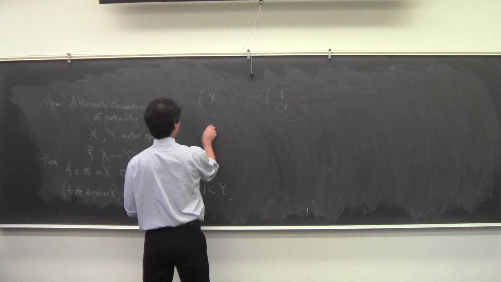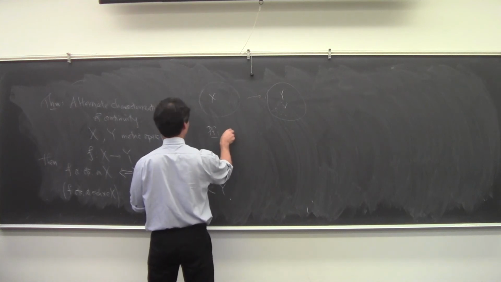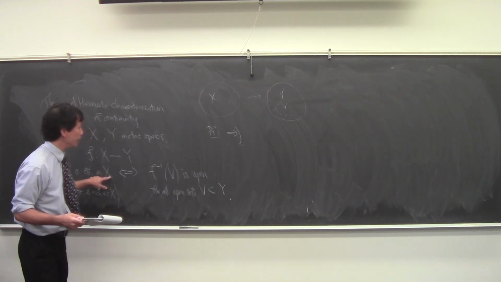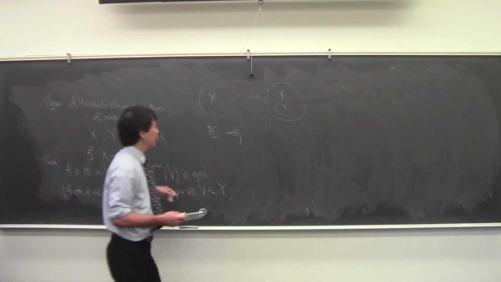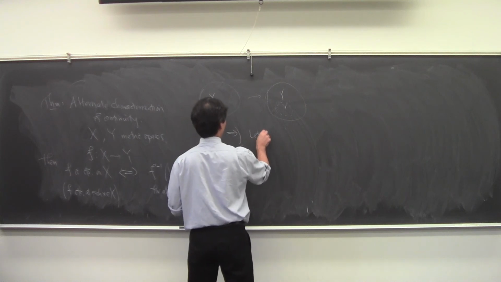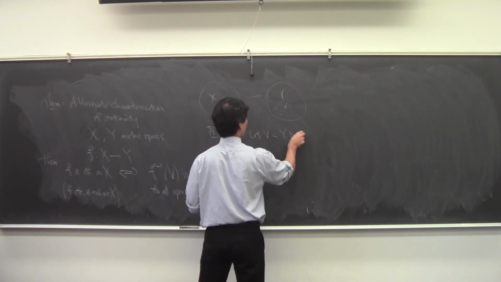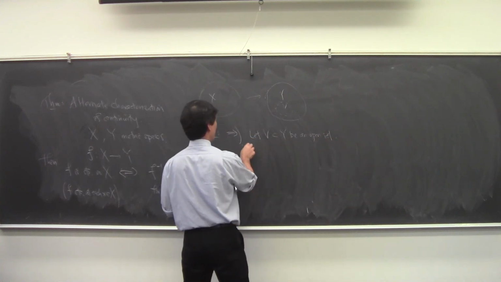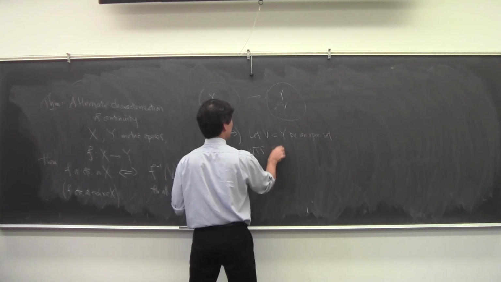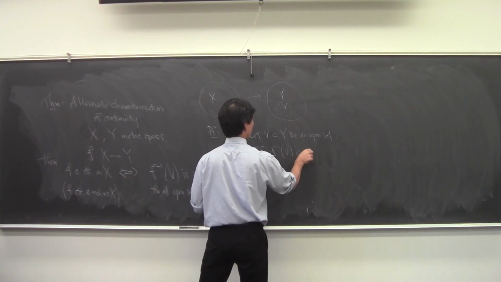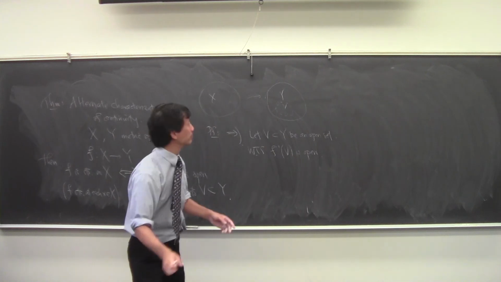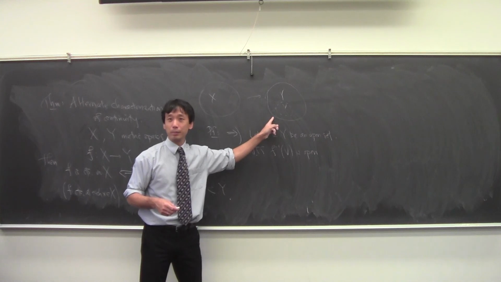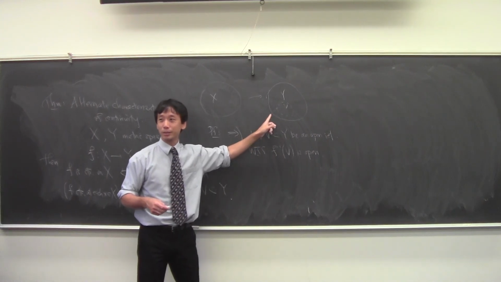So let's prove it. Let's suppose that f is continuous. We want to show that the pre-image under f of an open set is always open. So let V be an open set. We want to show that f inverse of V is also open. Okay, so here's the idea. Here's the picture. Watch.